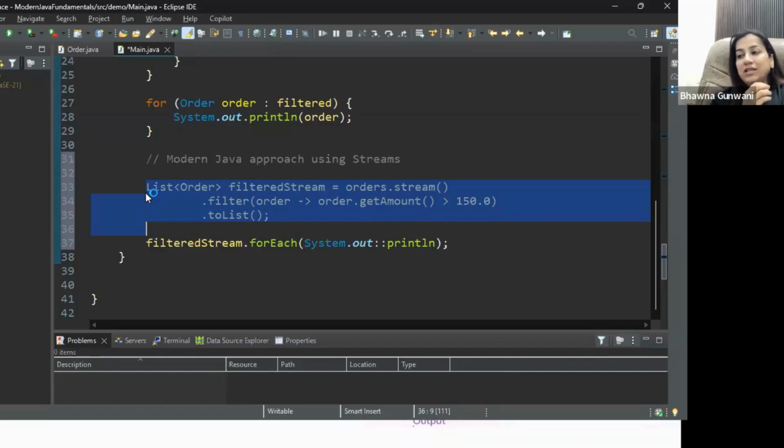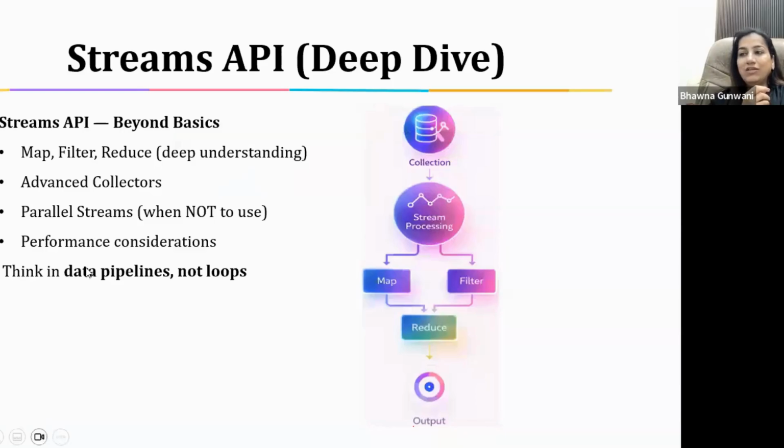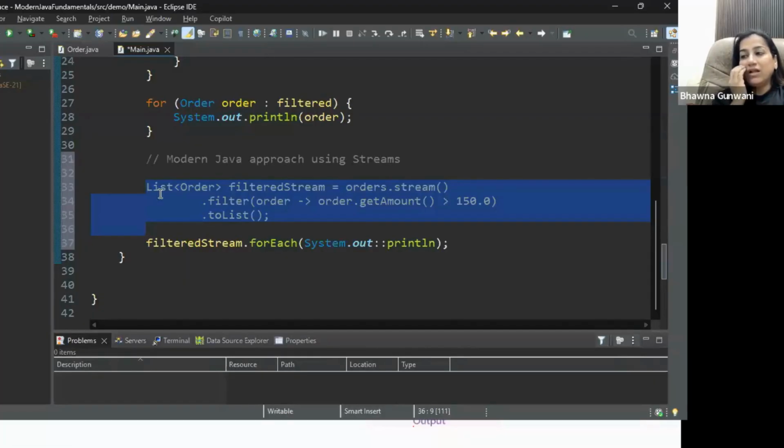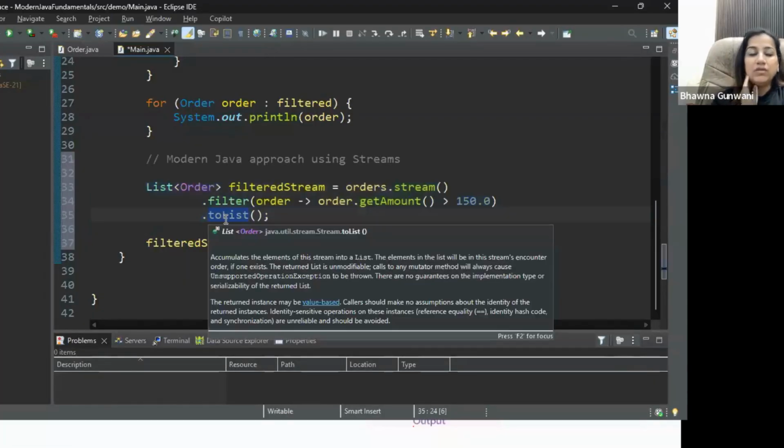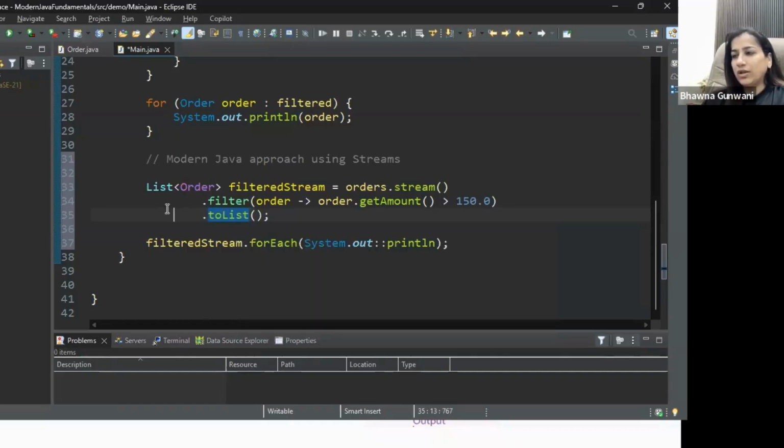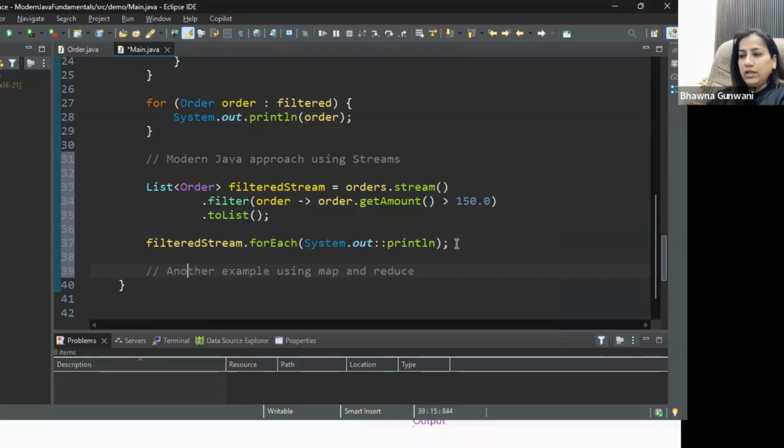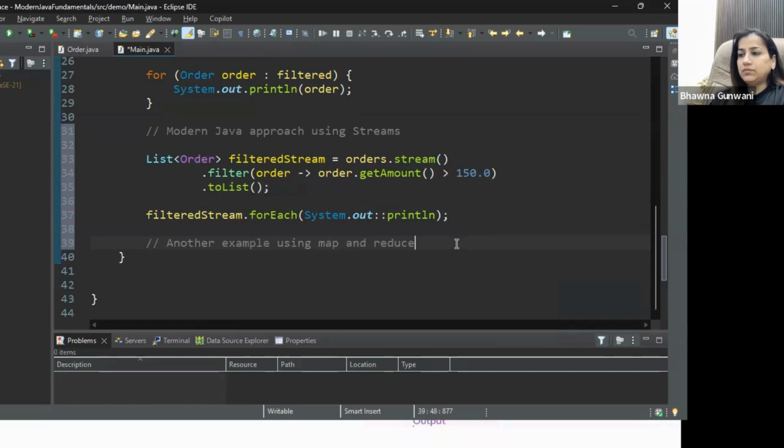And right now I'm converting it to the list, but you can convert it using other collectors also, the other collectors that you really wanted to discuss. So just telling you in a quick shot, and then I will change the topic because time will run fast otherwise. Another example,